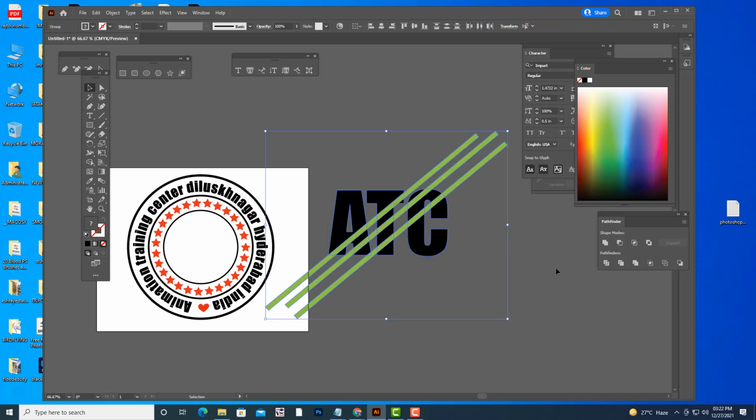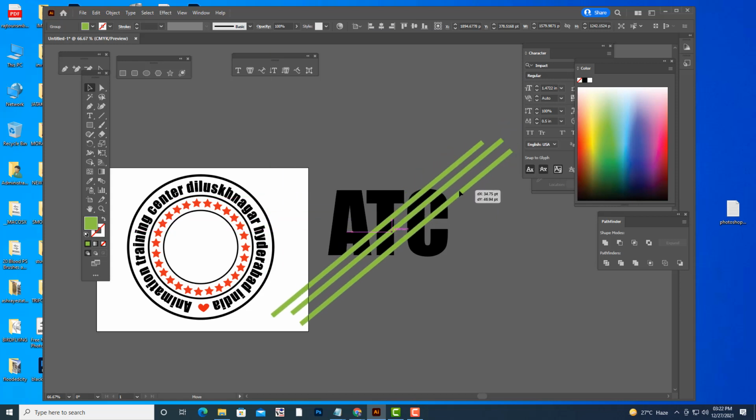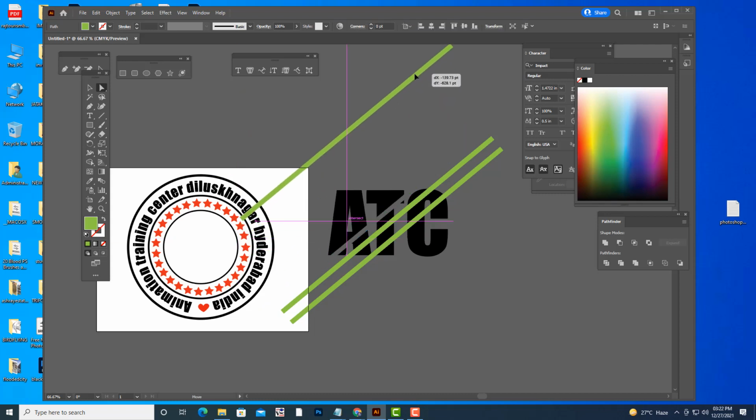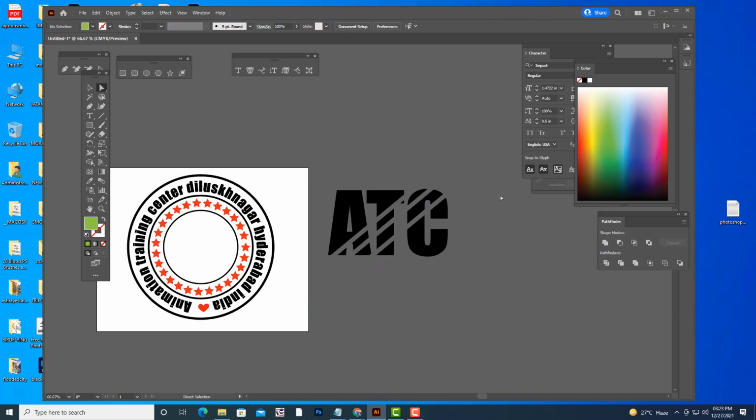Actually it is a combined shape, so that is why it's not working. Let us use the Trim option and see whether it will work. Okay, we got some fancy shape with the Trim option.